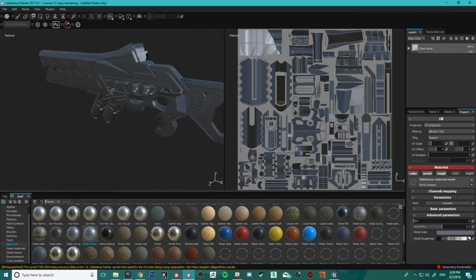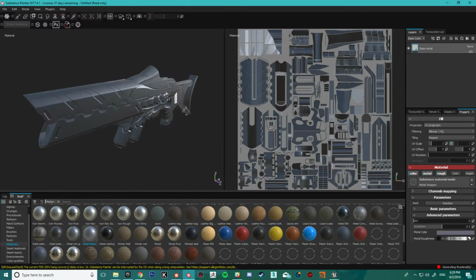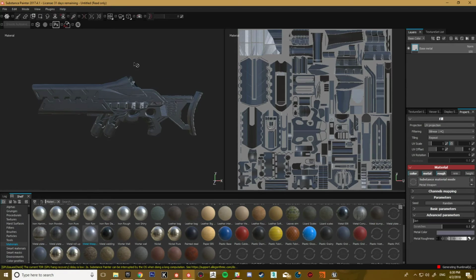So now everything that I do, if we think about it, the majority of this asset is metal, but actually I want this front section to be plastic, and I want some of these covers to be plastic.